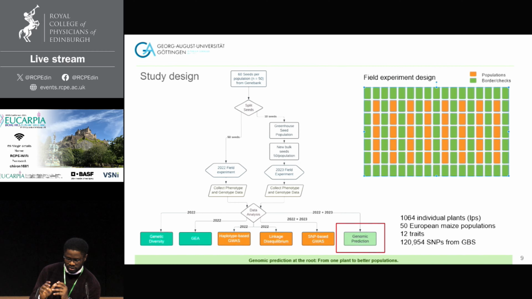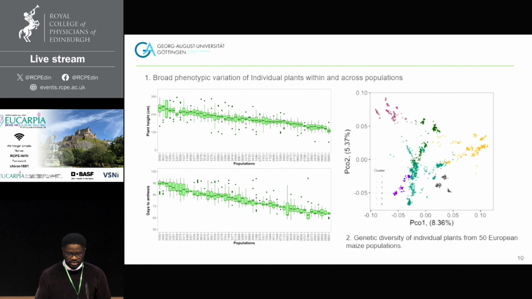So in total, we have 1,064 individual plants from 50 European maize populations. I'll be showing the results for 12 traits, and we also used a shotgun genotyping-by-sequencing approach to generate our genetic data. So this is how the data set looks for this kind of population. You have broad phenotypic variation within and across populations, and you also have quite prominent genetic structure